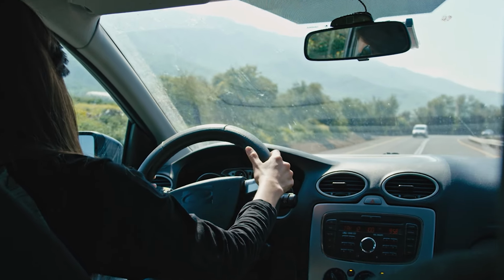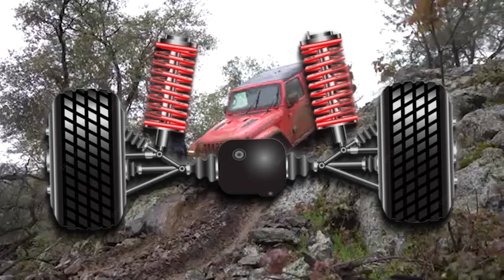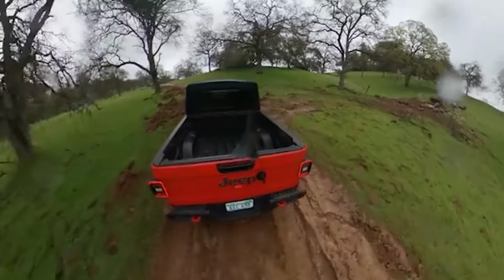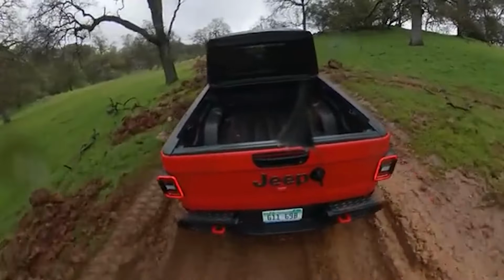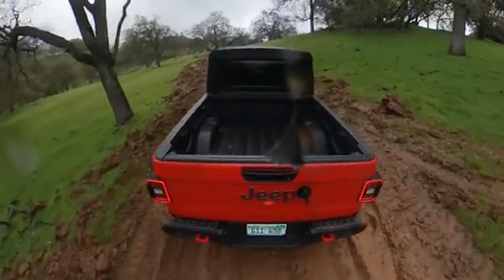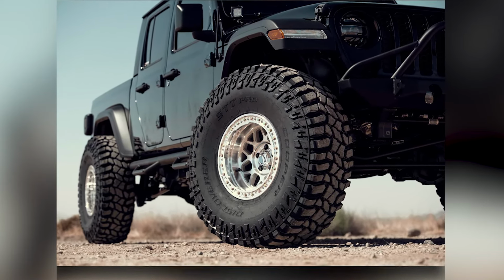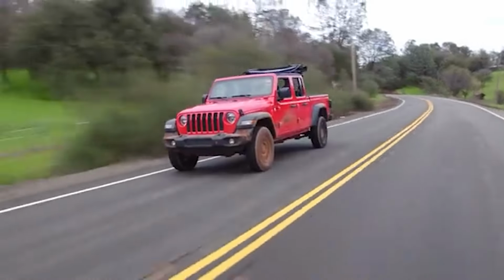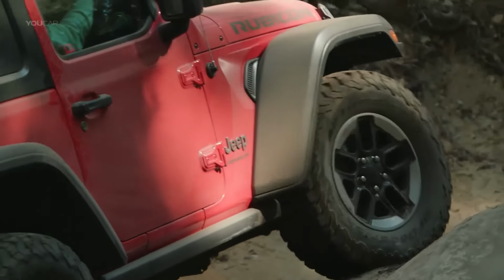This is particularly noticeable when taking corners or sharp turns. The suspension geometry combined with the high ground clearance creates a significant amount of body roll. Add in those chunky off-road ready tires, and the whole setup feels top-heavy, especially when cornering at speed. These massive tires, while excellent for gripping trails, are also a factor in the Gladiator's rough ride on pavement. Their aggressive tread patterns create more road noise and reduce shock absorption, making the Gladiator feel less planted on smooth